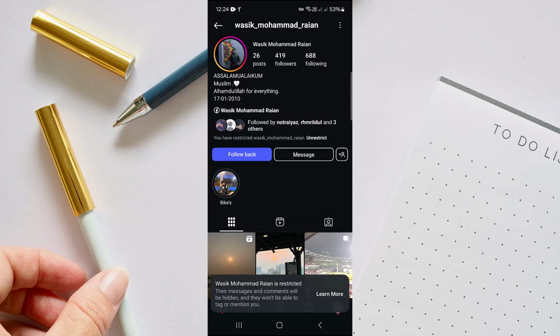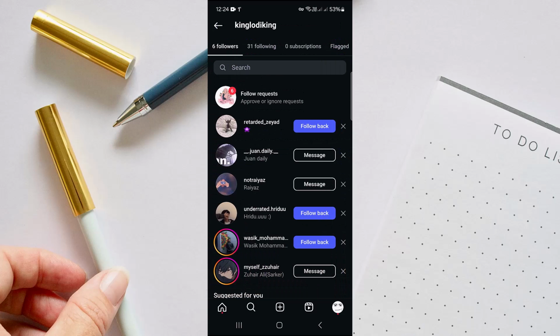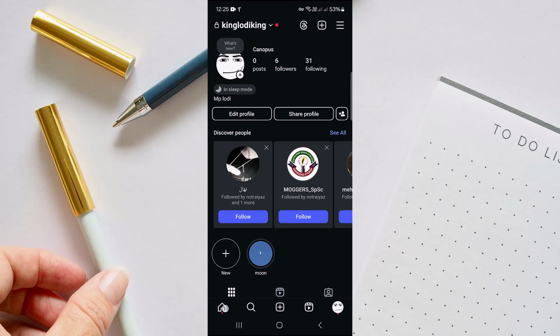Once this account is restricted, they won't be able to see your followers list. So in this way, you have to just restrict each and every person on your account. So yeah, this is the way other than making private accounts so that you can